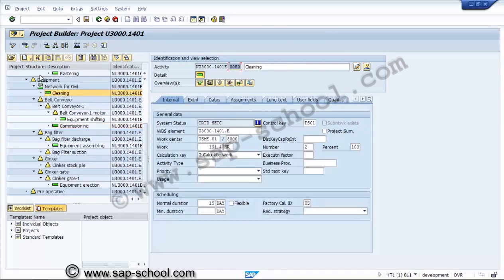Now we have created the network with the activities and we assigned the WBS elements. We can assign the WBS elements in the network direct transaction also, or in the project header also we can assign the activities with the WBS elements. Now we'll see how to create a network from the project builder.